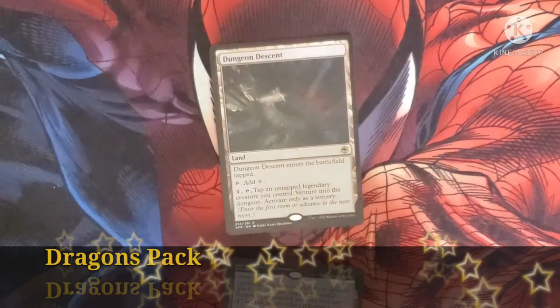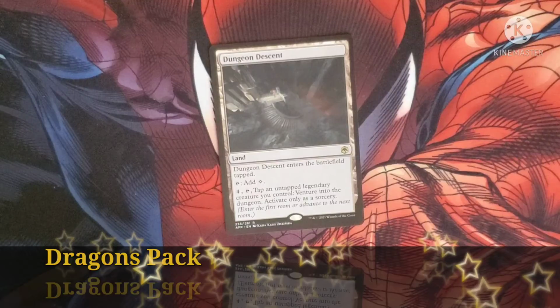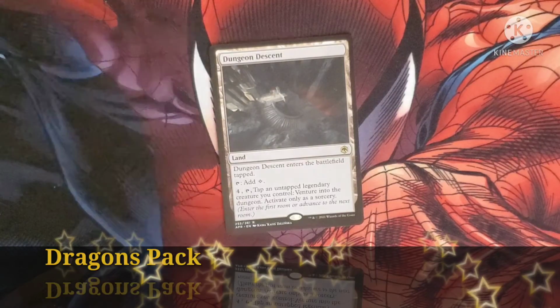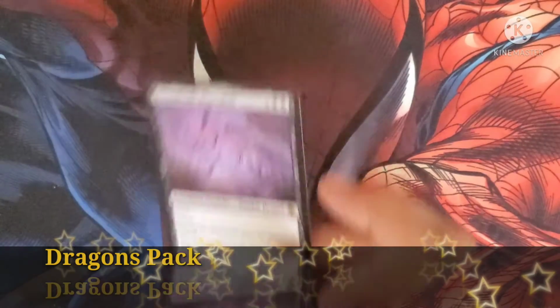And then a rare that we have in the pack is Dungeon Descent. Enters the battlefield tapped. Tap it for a colorless, or you could pay for it: tap an untapped legendary creature you control, venture into the dungeon. Activate this only as a sorcery. Funny thing of it saying a legendary creature, because we have